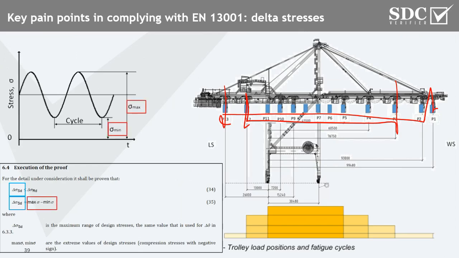So you load the structure with the maximum load and then with the minimum, and you need to define it for every single spot in your crane, depending on moments. Yeah, and these are the categories which we want to consider for realistic traveling conditions and positions of your trolley. The next step is the